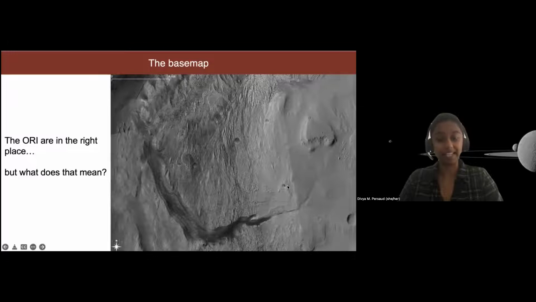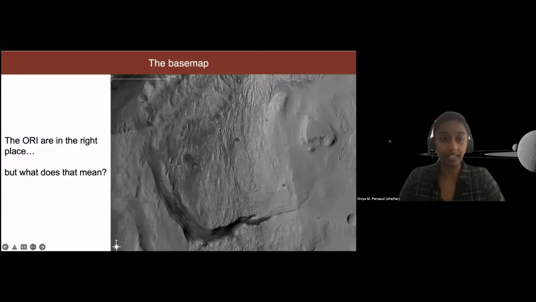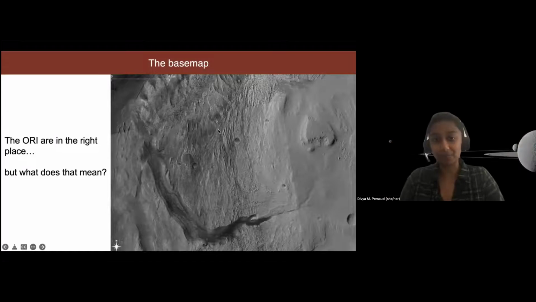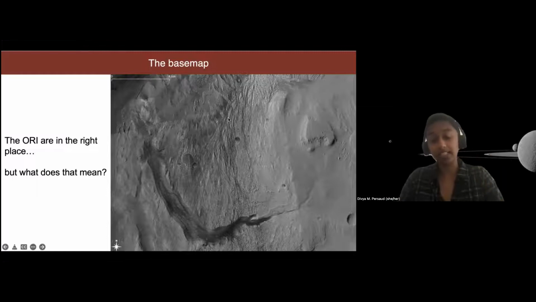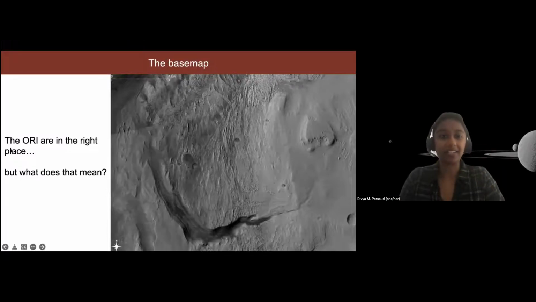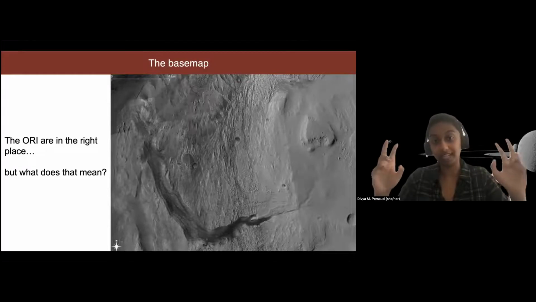So I stuck my base map together. I had the orthorectified images, and then I applied that semi-manual product to the region because I wanted this nice big base map to start mapping my geology. And they're in the right place. I forced them right, but you see sometimes they shift because they might agree with each other, but not adjacent images. You see them shift, but when you zoom in, they agree. The base map here is actually from a different publisher, and so that was a different thing. They had aligned their images as well, and they were correct.